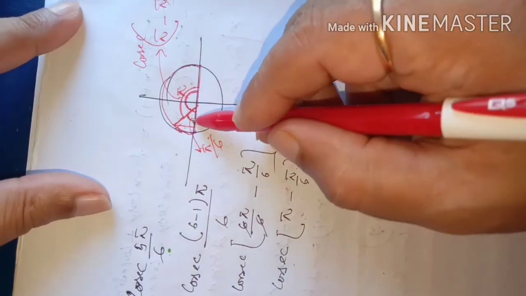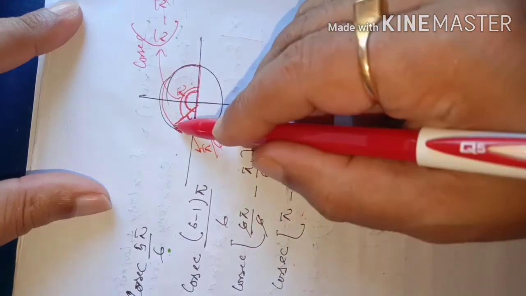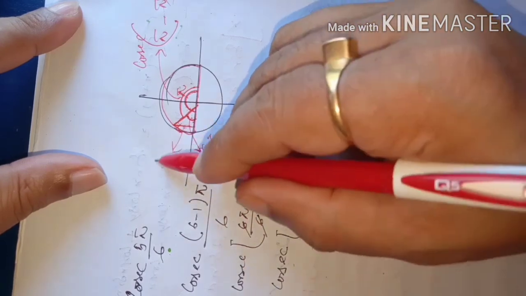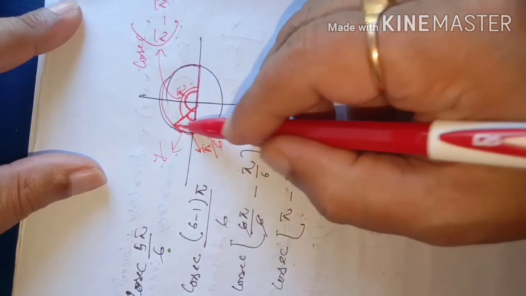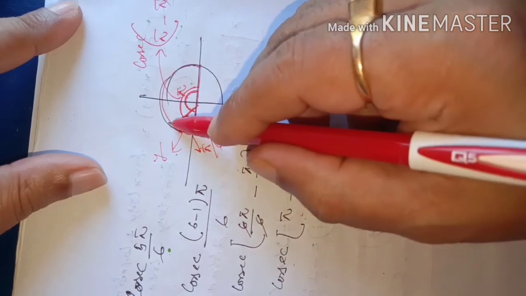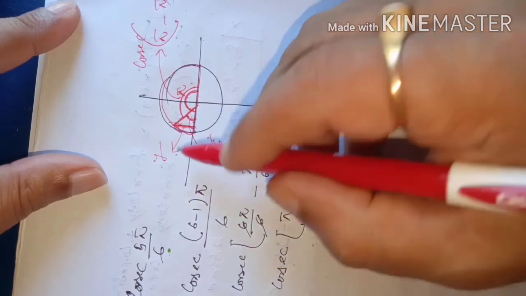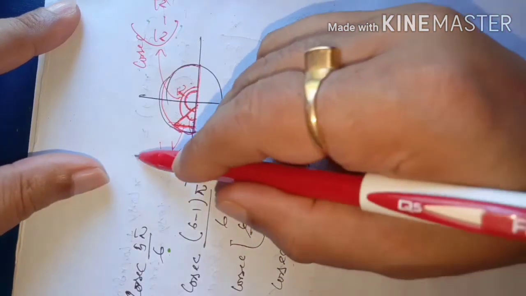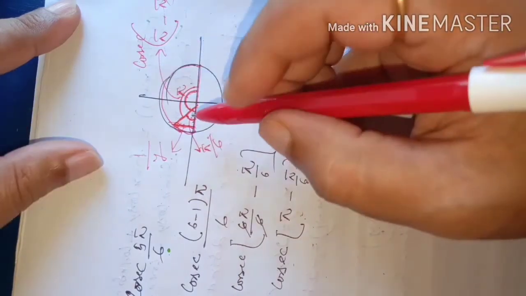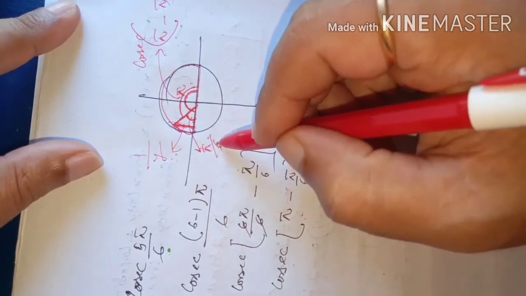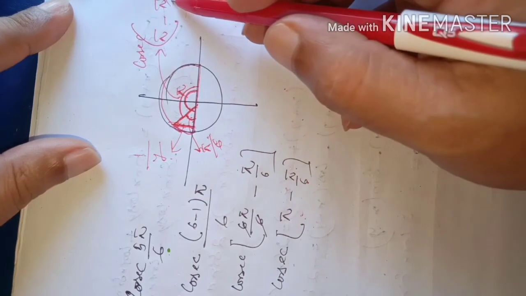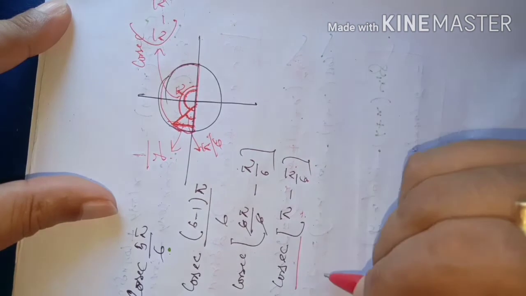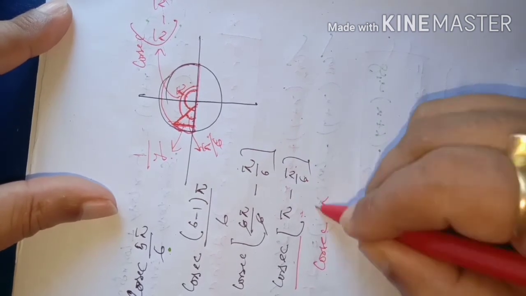Why am I saying this? Because for pi by 6, this is the perpendicular, this is the hypotenuse. Now their ratio is what? Hypotenuse is 1, perpendicular is whatever, suppose perpendicular is y. Perpendicular is a positive number because above the x-axis it is positive, below the x-axis negative. So hypotenuse is 1. So y by 1 is sine, but 1 by y is cosec. So what is cosec pi by 6? That is also the value of cosec pi minus pi by 6. They will have the same value. That means you can say cosec pi minus pi by 6 is cosec pi by 6 only.